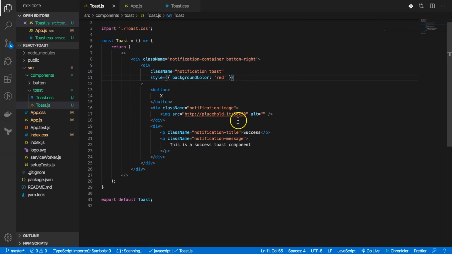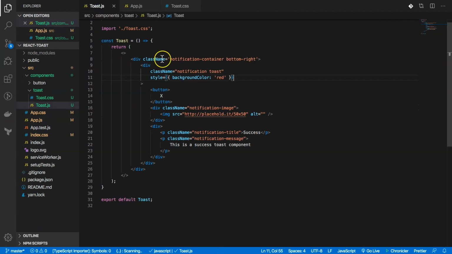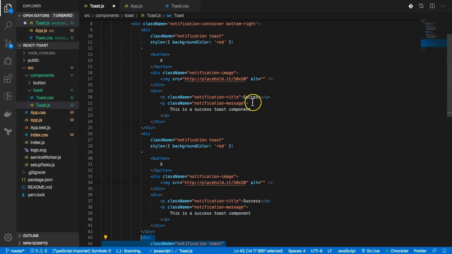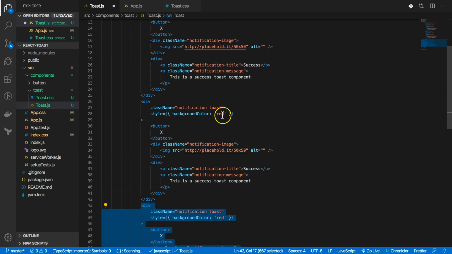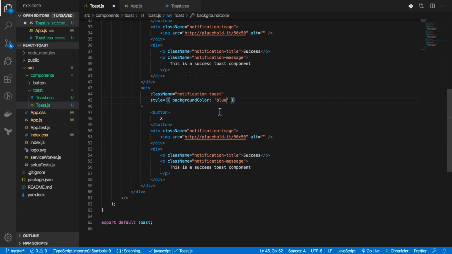Now if I duplicate this, let me see. If I duplicate this, just paste this right here. Let me change this to green, blue for now. So save. Now you can see how the toast looks. I'm going to change these colors, but for now we have our toast